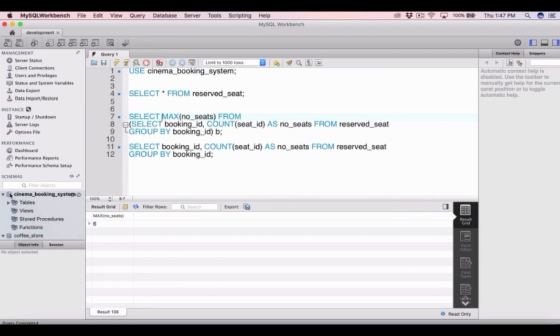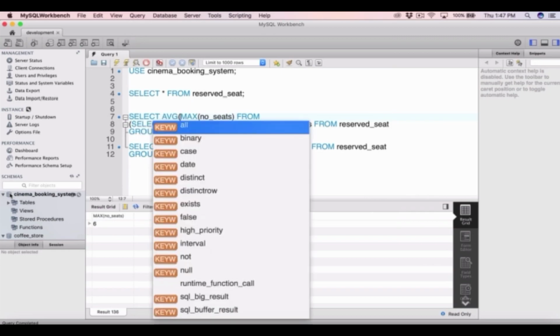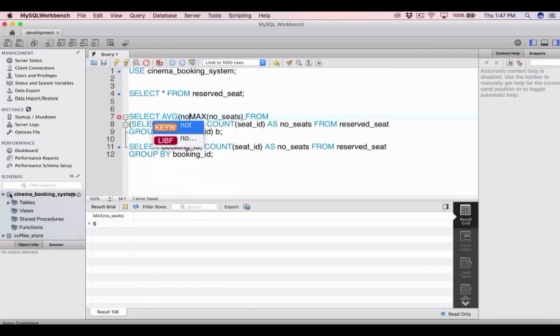reserved per booking. We can type average number of seats, comma max number of seats, and let's run this query, and it returns the average value for the number of seats column from our derived table, and it returns the maximum number of seats as well. So this is how we use subqueries after the from statement. Basically, the inner query creates a derived table which we then have to give a name, and the outer query then